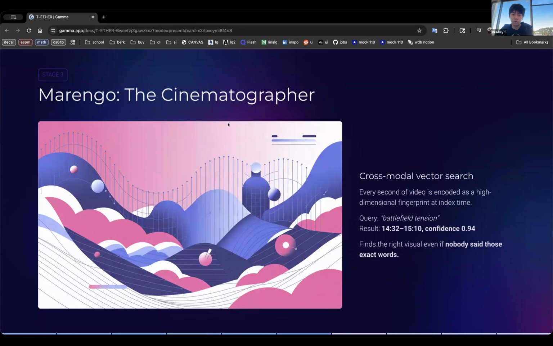Now, this is where things get interesting, especially with the implementation of Marengo. Marengo really isn't doing a simple keyword match against a transcript. It's doing cross-modal vector search. So every second of video gets encoded into a high-dimensional fingerprint at index time. So when Pegasus says that a segment is about, maybe, battlefield tension in a war documentary video, Marengo searches that embedding space and returns that exact timestamp, maybe a 30-second span from 14:30 to 15:00,